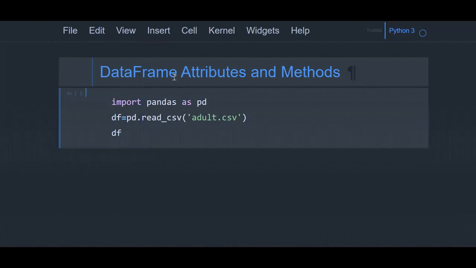Data frame attributes and methods. In this video, we will see some of the attributes and methods of data frame which will be helpful for data analysis. First, we need to import the pandas library. Import pandas as pd. Then we are reading the CSV file using the